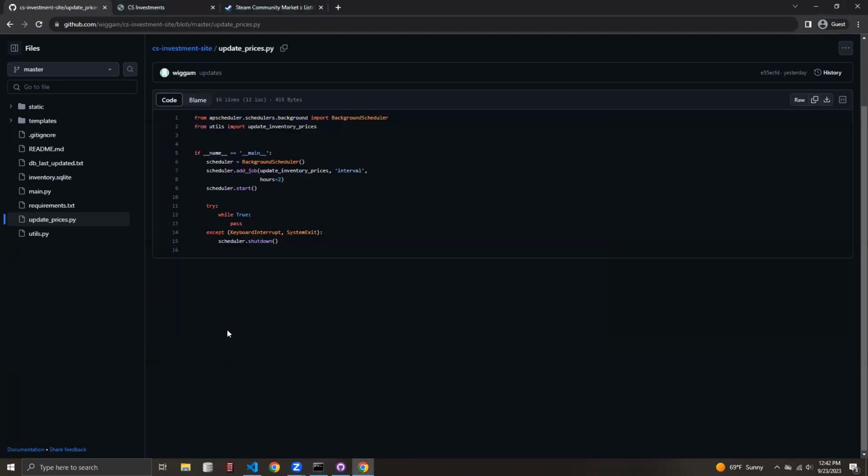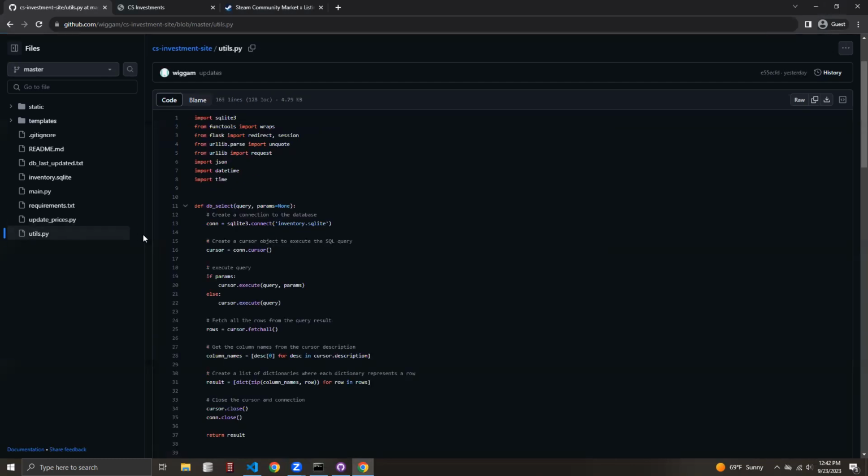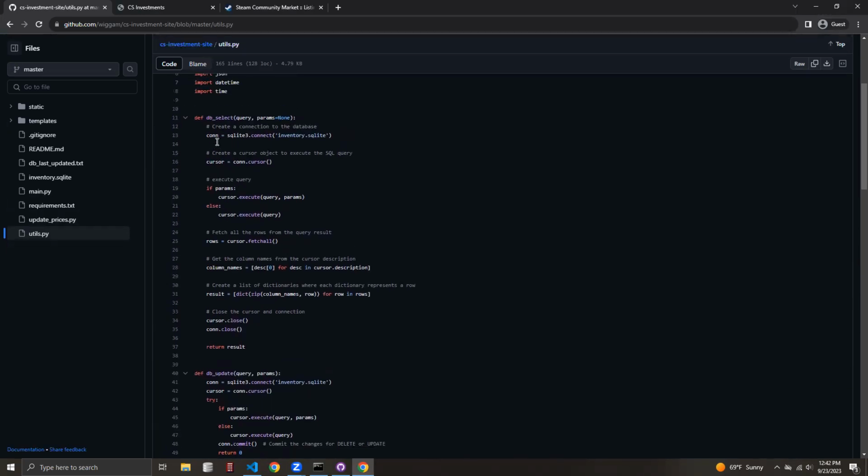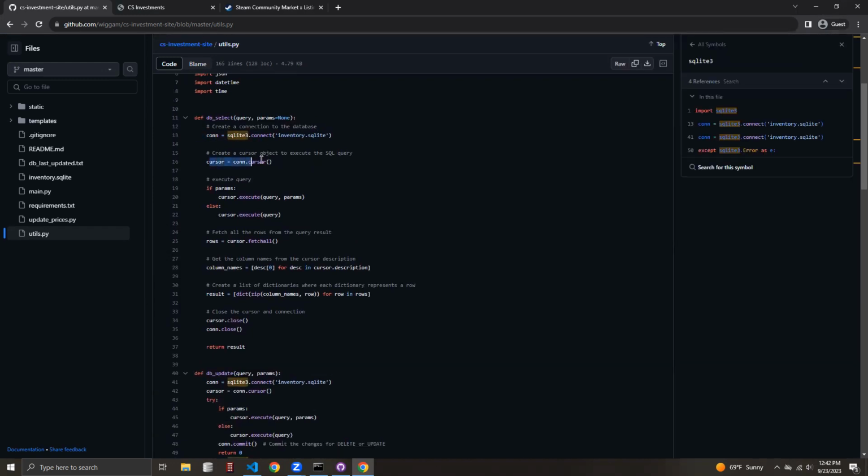Okay. And then the utils file. The utils file just contains some functions that are used in main.py. Pretty much all the functions. We have a db select function. So instead of having to create a connection, create a cursor for every single SQL query I want to do, and then having to close it each time, we made this function, or I guess I made this function where